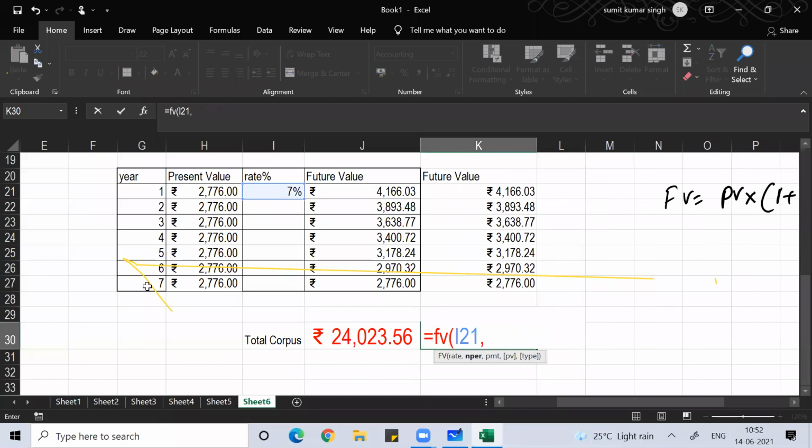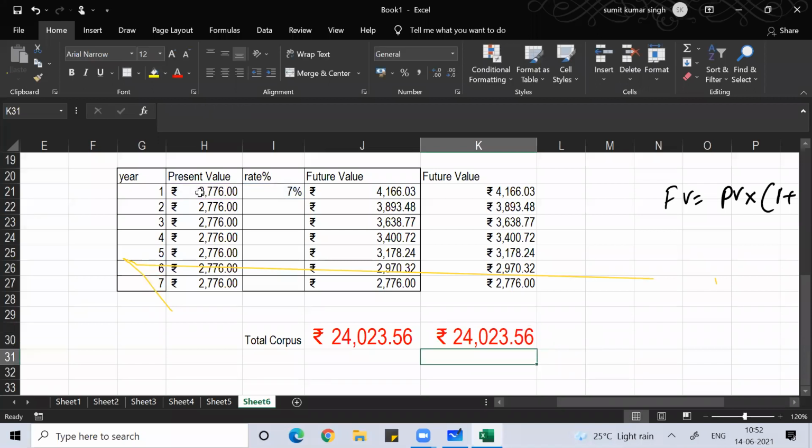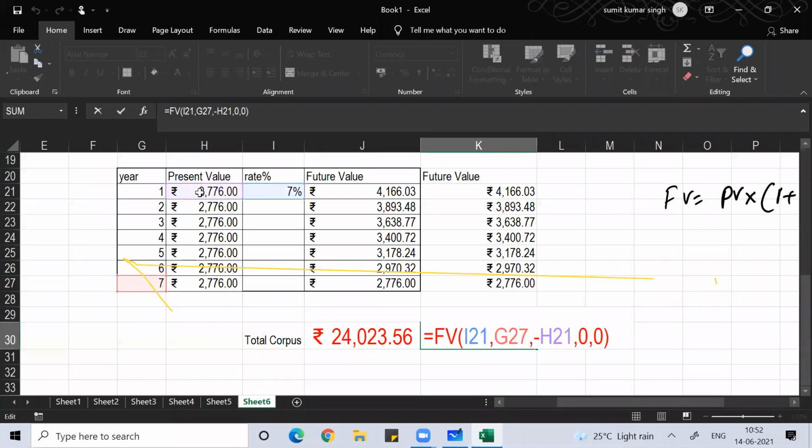So in NPER, put 7 years. PMT. Here, what is your PMT? PMT is this 2776 every year. Then PV is 0. Type is 0. Close bracket, enter. You will get the same answer. So you don't have to do manual work again and again.